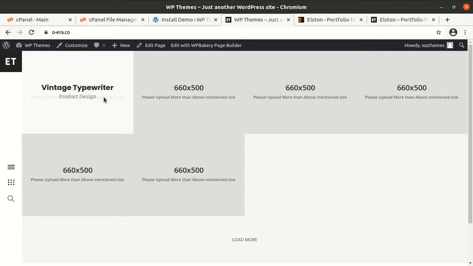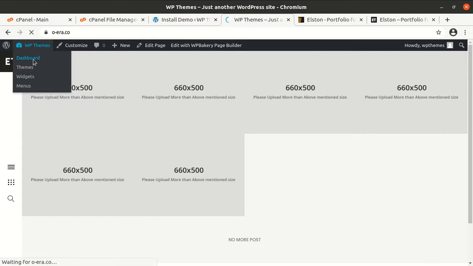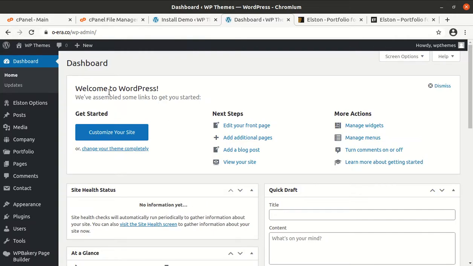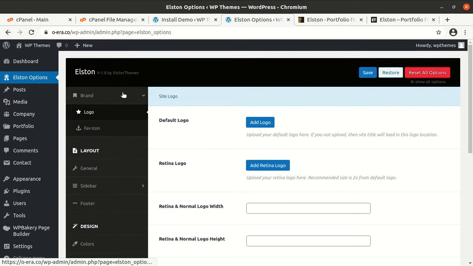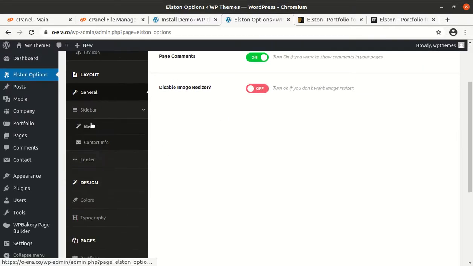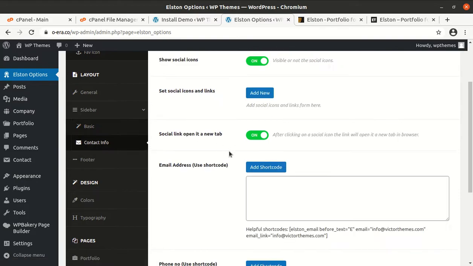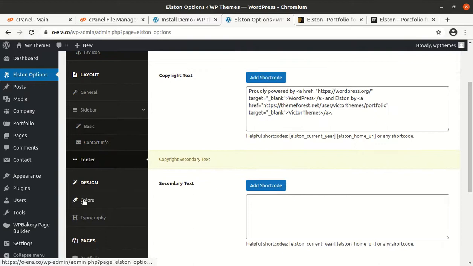So there is no reason for not choosing this theme for your portfolio website, and it is working very fine and fast. Now I'll show you the theme options available in the installation. Let us check the theme options. These are Elston options, and the options we have are brand, in which you can set the logo and favicon, layout, general, sidebar. In the sidebar you can put the contact info, footer, design, colors,